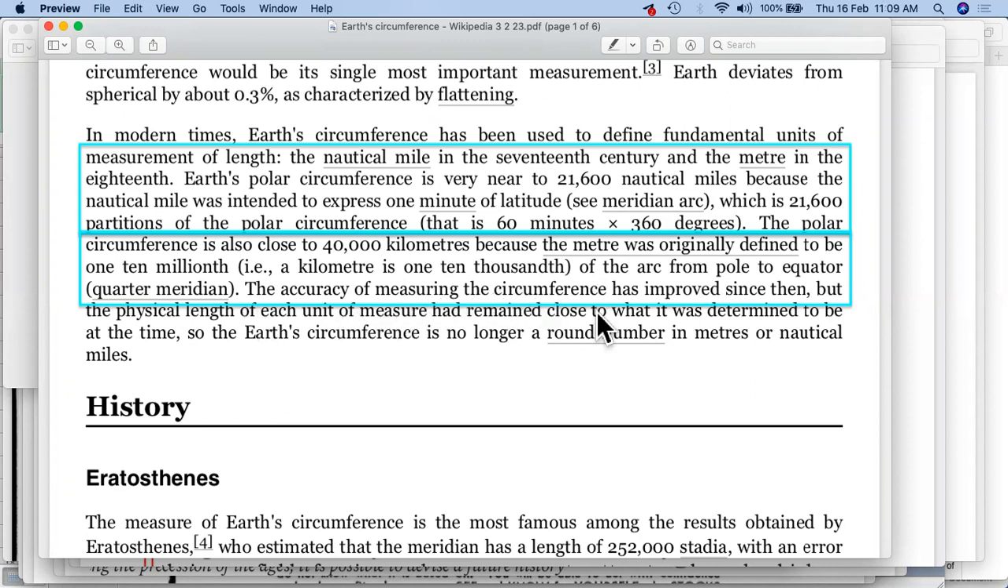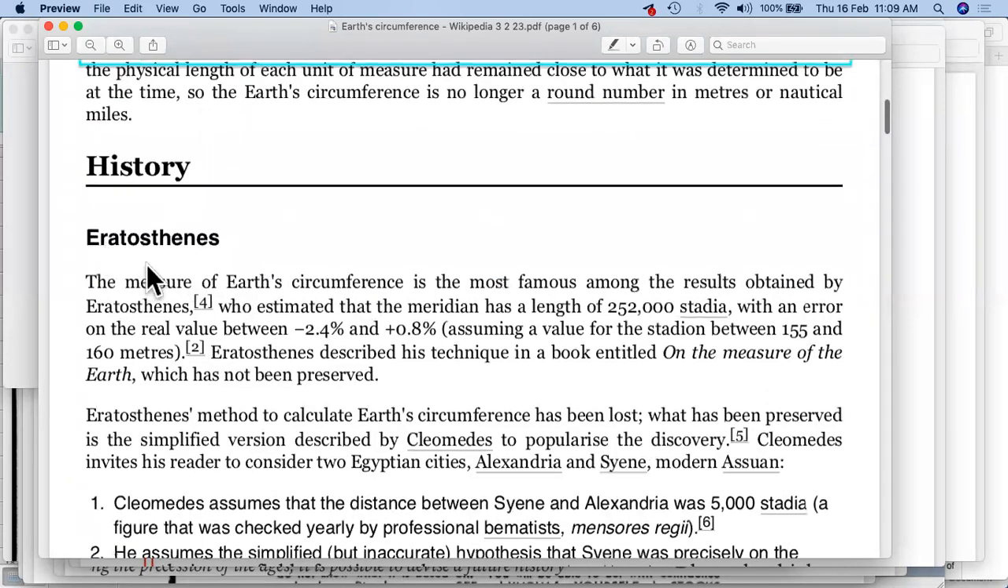The accuracy of measuring the circumference has improved since then, right? And there was probably some area where there was error. We'll be going to that part also. So this is one of the scientists who was probably able to find it. I mean, this is just the history part. So they had a different calculation which was being used. This was specifically there in Egypt. So they had a different calculation, that is